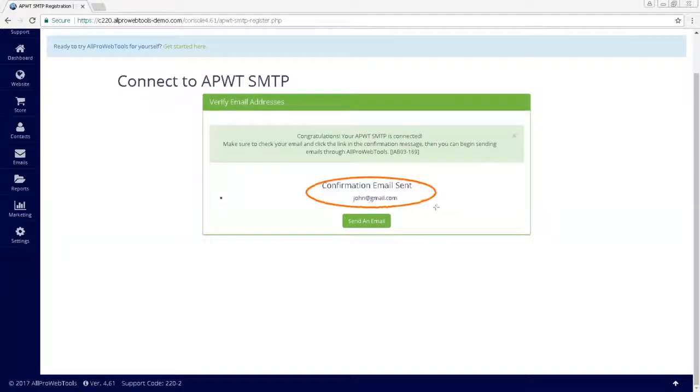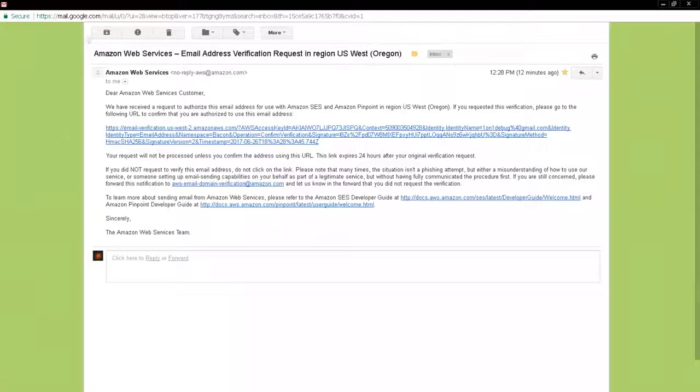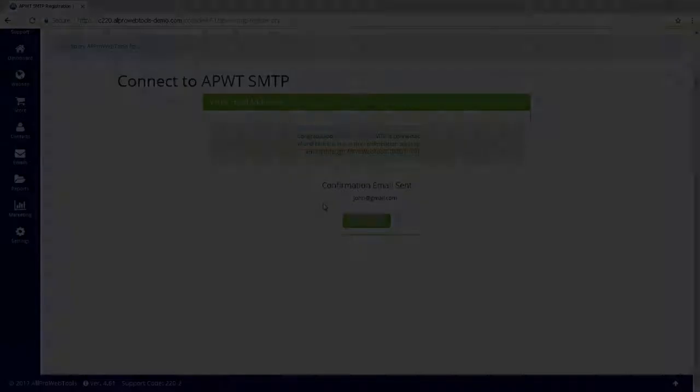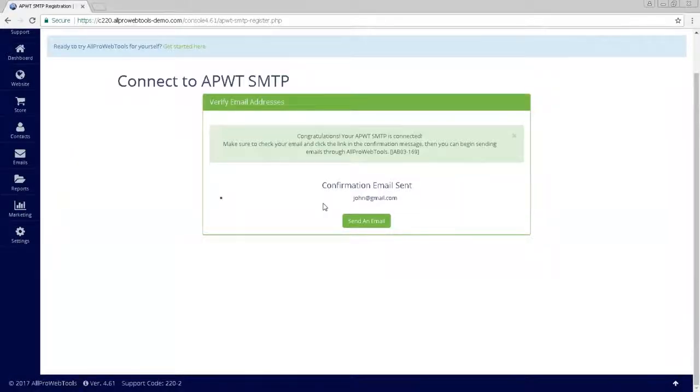Now you can see that a confirmation email was sent to that email address. So all I have to do now is to log into this email account and find that confirmation email and click on the link. You should get a confirmation email from Amazon Web Services that will provide you with a link to click on. All you have to do is click on this link to ensure that you can send using this email address whenever you send emails from AllProWebTools. Now that I've clicked on the link in my email and I've verified this email address, I'm ready to send